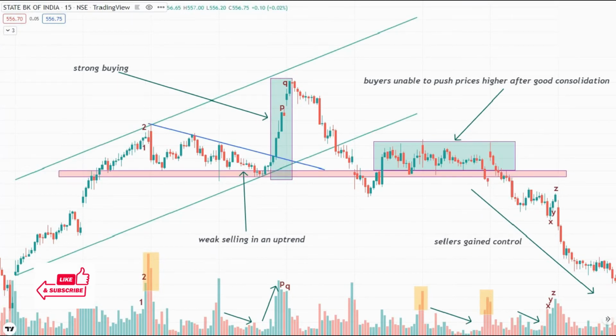See here, after this strong upward momentum, prices took a pullback, and here the selling momentum was getting weaker and weaker with decrease in volume, and then we see a breakout of this important trend line, and also the last important swing low with increase in volume, swing high with increase in volume. So our first entry could have been around here with stop loss here, and see the huge upside momentum after